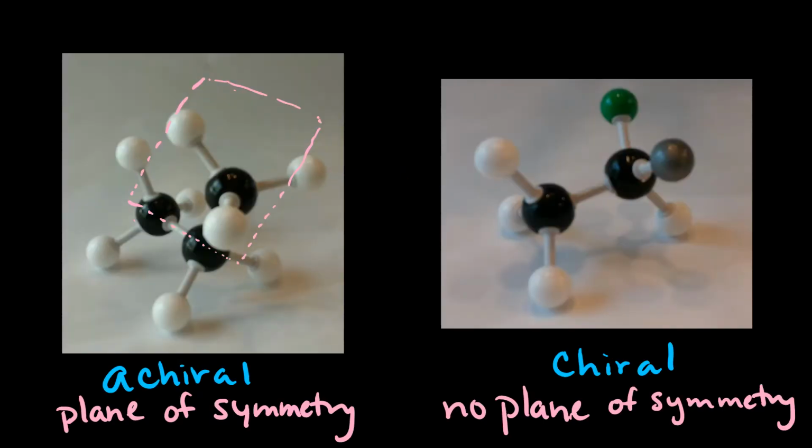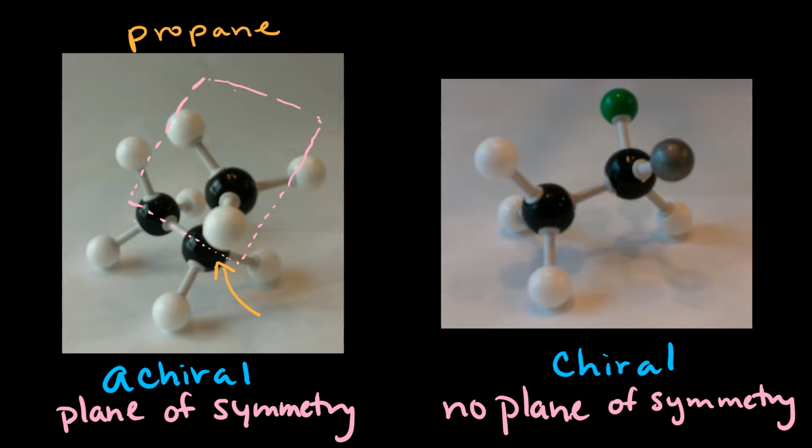Now we're going to talk about how to identify chiral carbons within a molecule. So we've already seen examples of achiral and chiral molecules. If you recall, propane here, shown on the left, has a plane of symmetry about it. So you can bisect this carbon basically and split the molecule down the middle evenly and come up with two